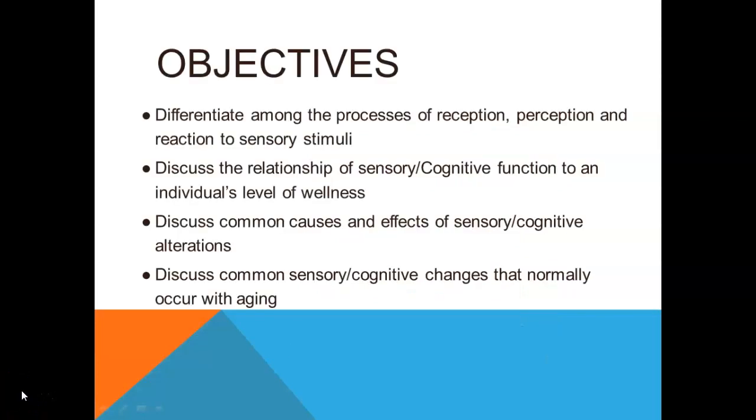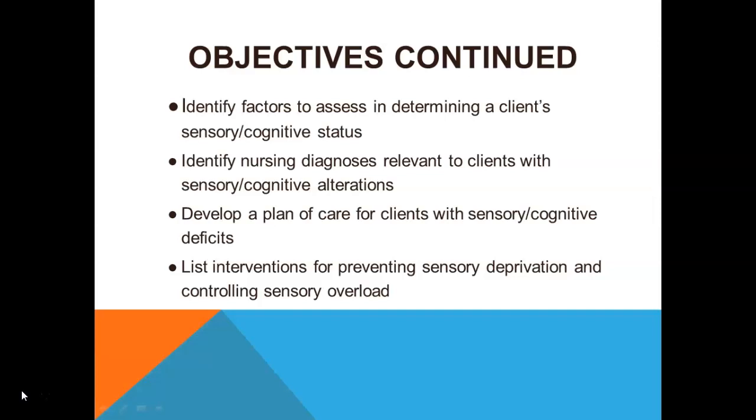The objectives for this particular class are to differentiate among the process of reception, perception, and reaction to sensory stimuli, discuss the relationship of sensory and cognitive function to an individual's level of wellness, discuss common causes and effects of sensory and cognitive alterations, discuss common sensory and cognitive changes that normally occur with aging, identify factors to assess in determining a client's sensory and cognitive status, identify some nursing diagnoses relevant to clients with sensory and cognitive alterations, develop a plan of care for clients with sensory and cognitive deficits, list interventions for preventing sensory deprivation and controlling sensory overload,